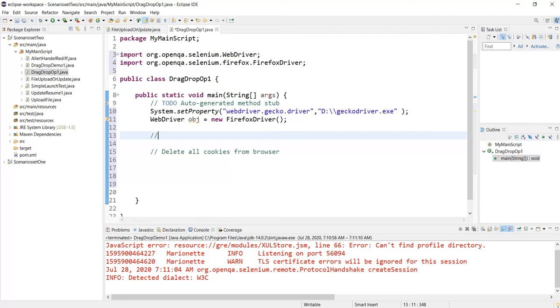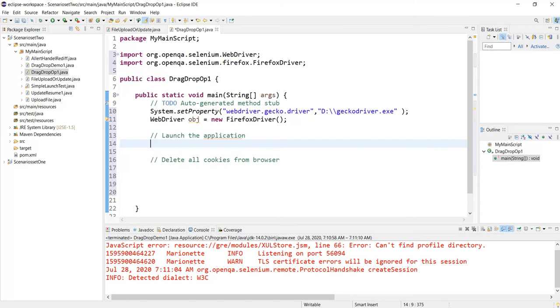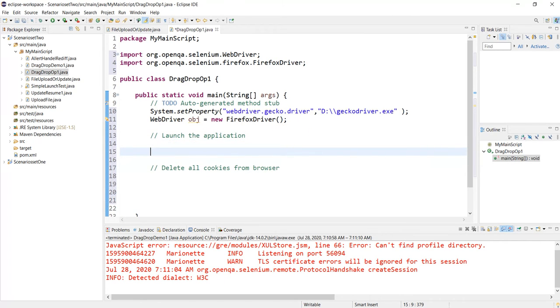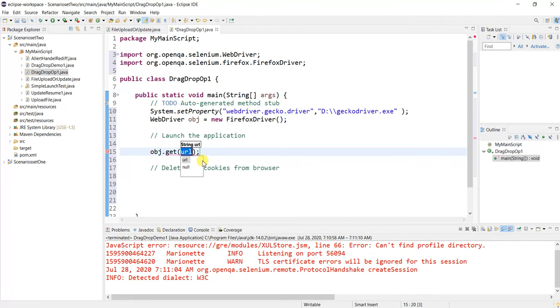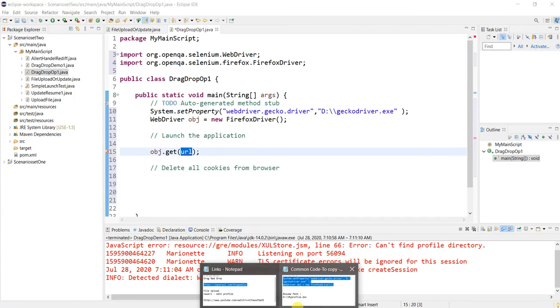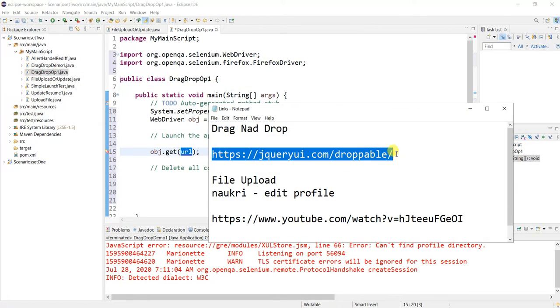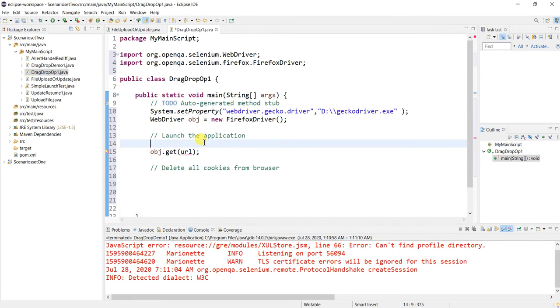Before that, let us launch the application. So by using obj.get, I need to use the URL jqueryui.com droppable. Yes, this is the application.